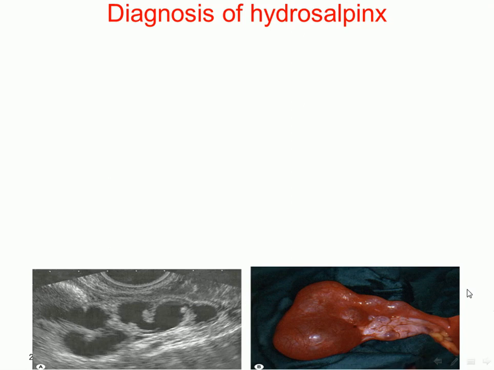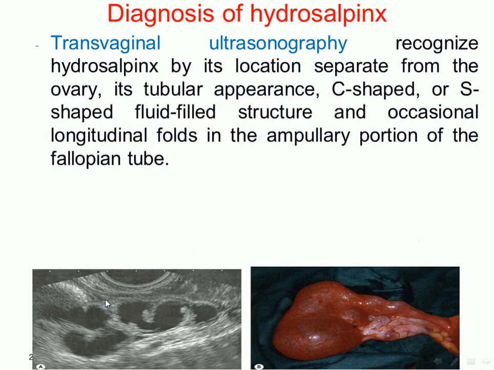Diagnosis of hydrosalpinx. As you see in this picture, this is hydrosalpinx. The tube is distended, as you see here. Also, the tube is distended, a tubular structure, S-shaped or C-shaped. Transvaginal ultrasound recognizes hydrosalpinx by its location separate from the ovary, its tubular appearance, C-shaped or S-shaped, as you see